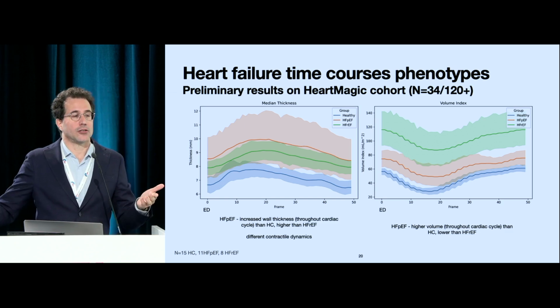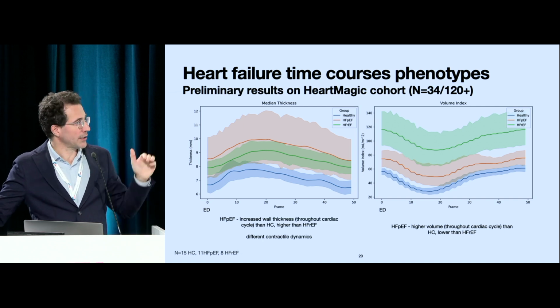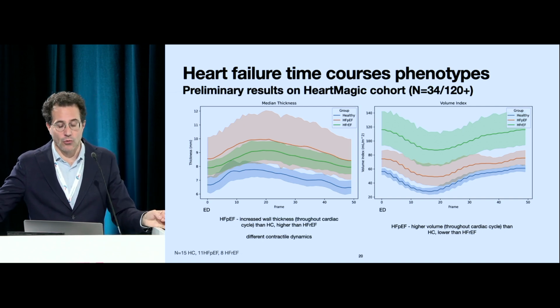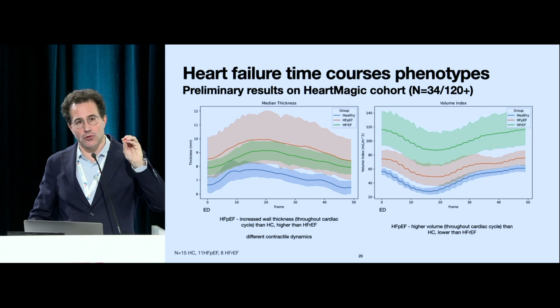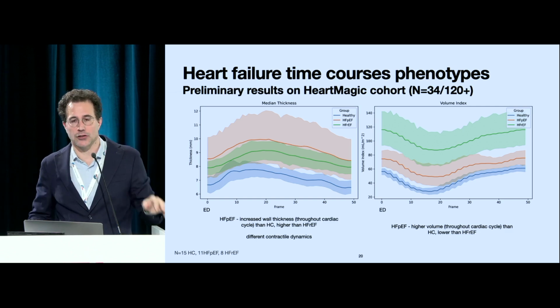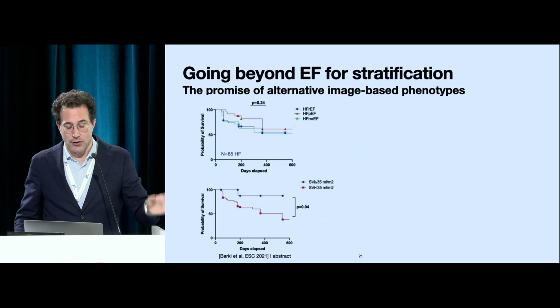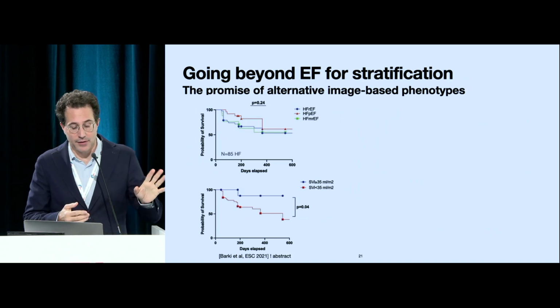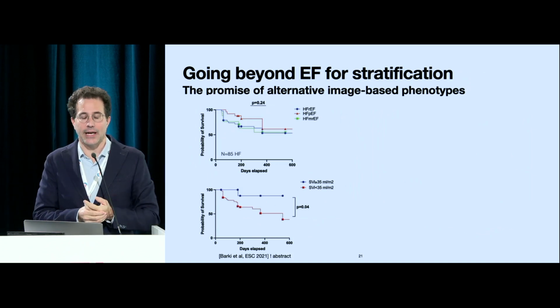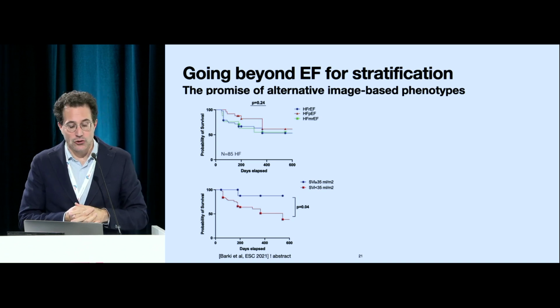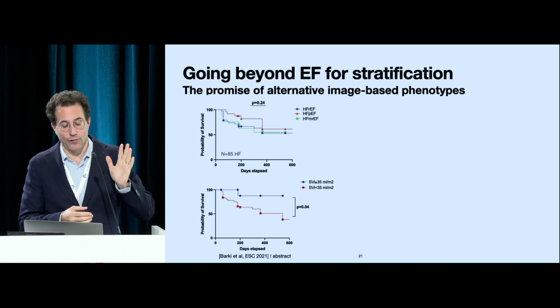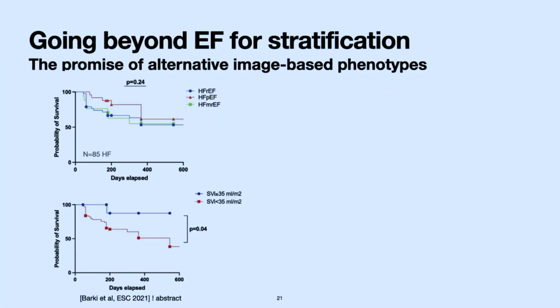So why do we want to go beyond this ejection fraction? I think this is one case. I want to show some examples from the literature and our own work that shows really this motivation, why you just want to go beyond this static classical ejection fraction to classify patients. So first, this is a tiny study from an abstract, but I found it really interesting. So what they did is they had 85 heart failure patients, and they tried to look at the survival over a number of days that you see at the bottom. And the top one is what happens when you stratify patients by their ejection fractions, right? So it's just different thresholds on the ejection fraction, reduced, moderately reduced, and preserved ejection fraction at the top.